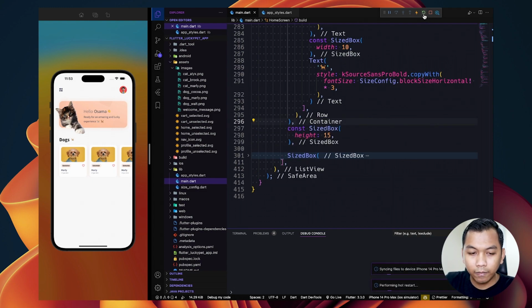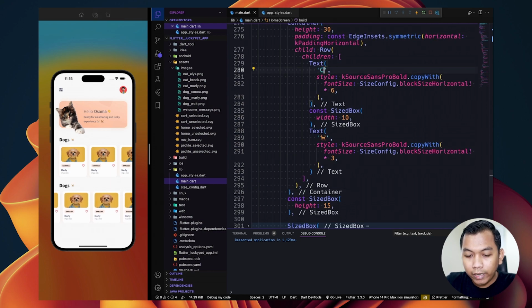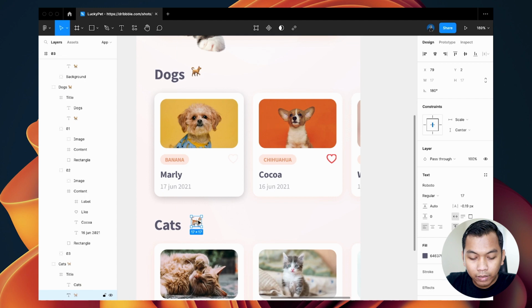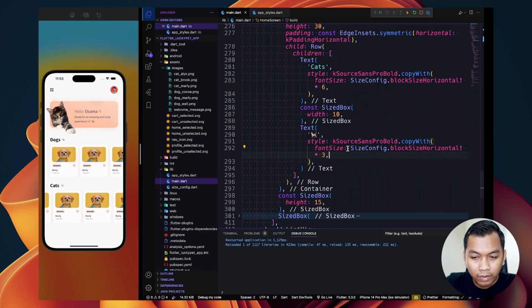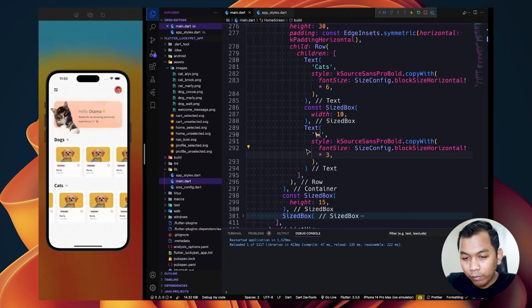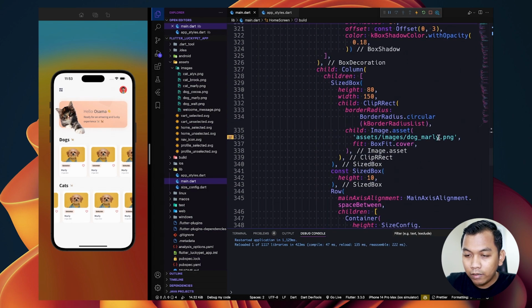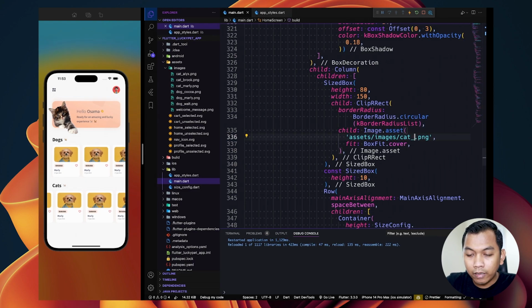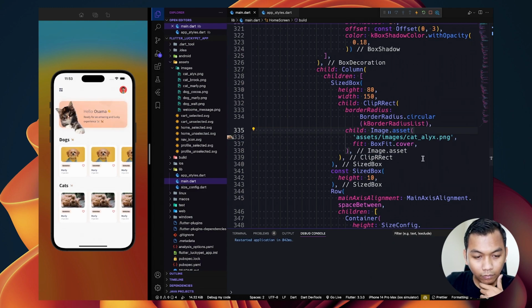And when we restart, we will see two lists, but we need to change this to be cat and copy in this emoji here. Alright, and we need to change the image to be what we say here, cat, and the cat name is Alex. And we will see a little image here. Look like this.